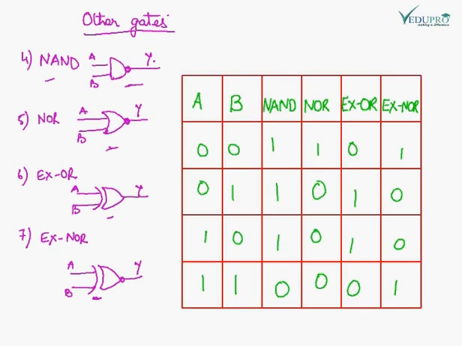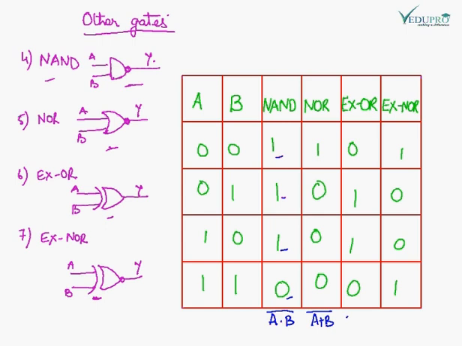This is a truth table of NAND gate. So when both the inputs are 0, the output is 1; when A is 0, B is 1, the output is 1; A is 1, B is 0, the output is 1; both the inputs are 1, then output is 0. So it resembles A dot B, which is of the AND gate. If we invert it, it becomes the truth table of NAND gate. The truth table of NOR gate is A plus B, which is the OR gate. If we invert it, it will become the NOR gate.